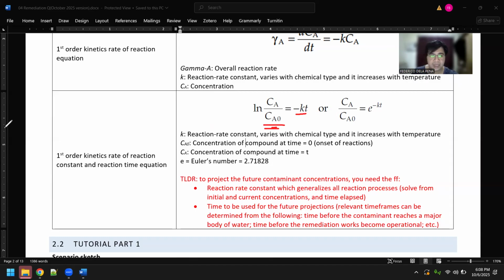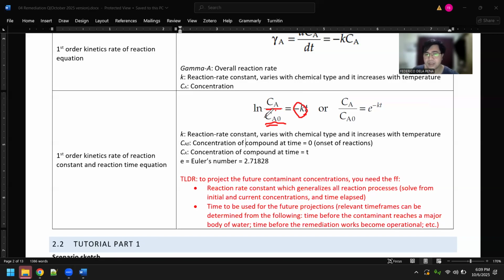Actually, the first thing in a contaminant investigation, the first thing that you would like to know or establish is the initial concentration, or the concentration usually at the first signs of the contamination, and another concentration measure after a certain period of time. Okay. As long as you have these two concentration measures plus the time elapsed, you can determine the exponential rate of chemical reaction. Okay. This reaction rate constant.